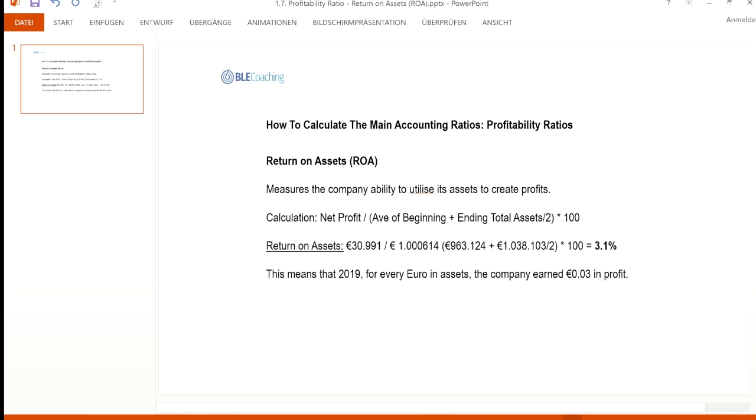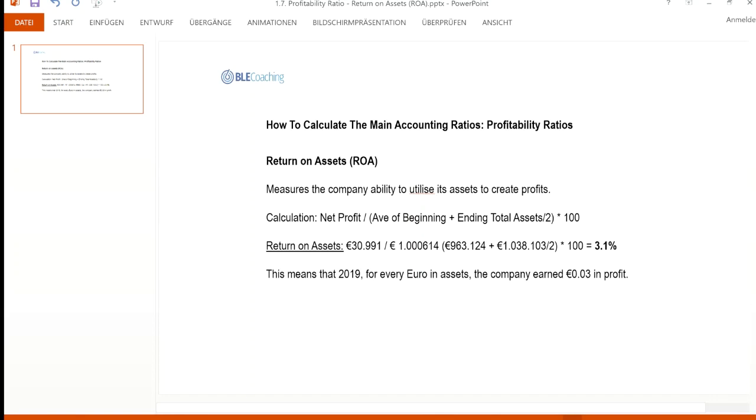Return on assets. This ratio measures the company's ability to utilize its assets to create profits. To calculate it, you take net profit divided by average total assets. So you take beginning assets balance on the balance sheet plus the ending, and then add it together, divide it by 2 to get the average, and then the result, you divide the net profit by the result and multiply